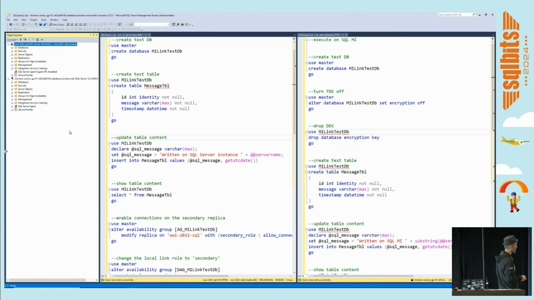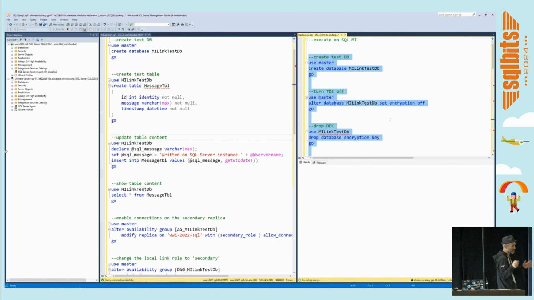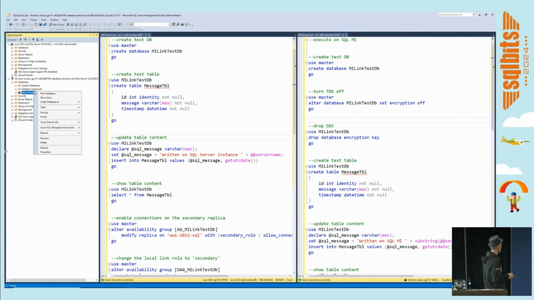in this demo, we are creating a simple database on this side as well. Just to make it very simple, without going into reasons, I will turn the encryption off. This is a supported case, but it just simplifies my demo if I turn off the encryption of the database, which is on by default on SQL MI. And now I have created a simple database on SQL MI. And let's see how we can establish a link